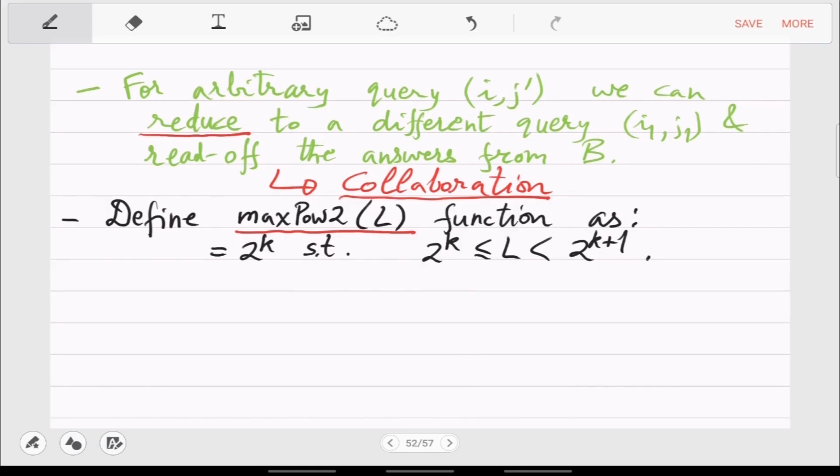Simply put, max power 2 of L just gives you a power of 2 which is under L. So 2 raised to k can be equal to L or it can be smaller than L.